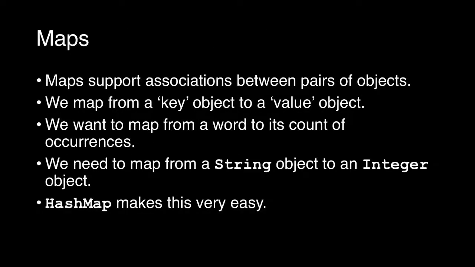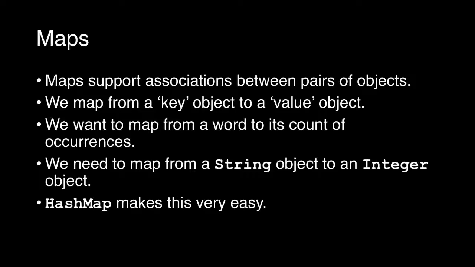If we are going to count word usage, then we clearly need to be able to associate each word with how many times it is used in the text. In other words, we want to create word-integer pairings. The type of data structure to use is called a map, because we want to map words to integers. That sounds a bit like what hashing does, but in this case the integers are not going to be calculated from the text of the word. Rather, the integer is the count of each word's occurrences, and this will vary as we read through the text